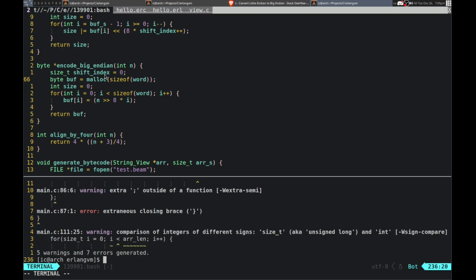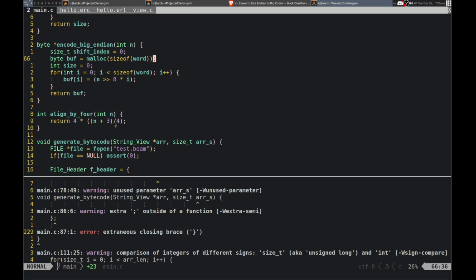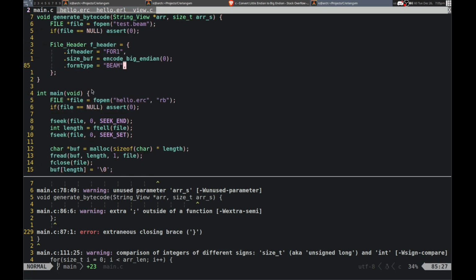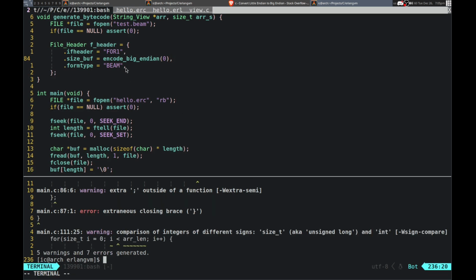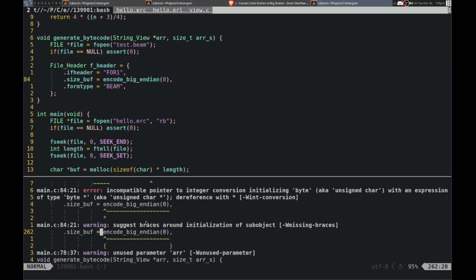Alright, so I messed this up. Array len. That's fine. Generate bytecode. Oh. Yes, there we go. Alright, unused parameter. Alright, that's fine.